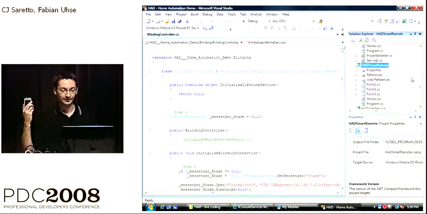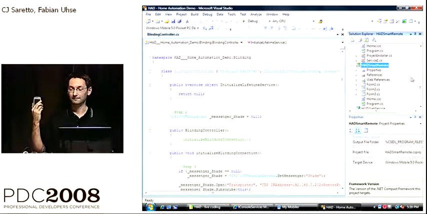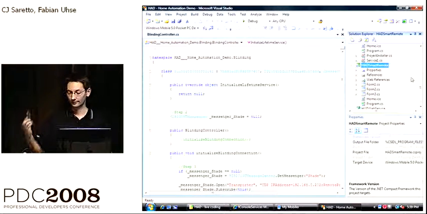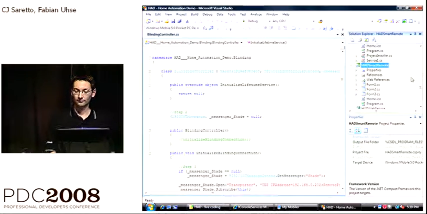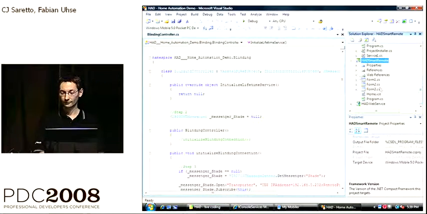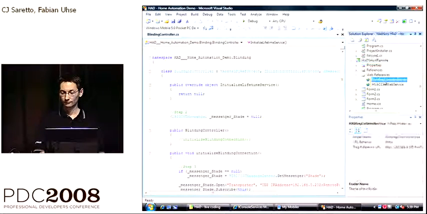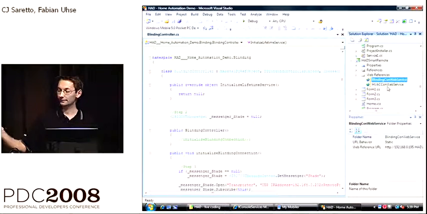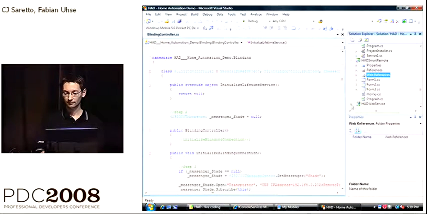All right. This is actually the project for the Windows mobile device. It's a really short Windows Forms application and just talks to a web service. It has one web service for the blinds and one web service for the HVAC. And we have, of course, our web service project.